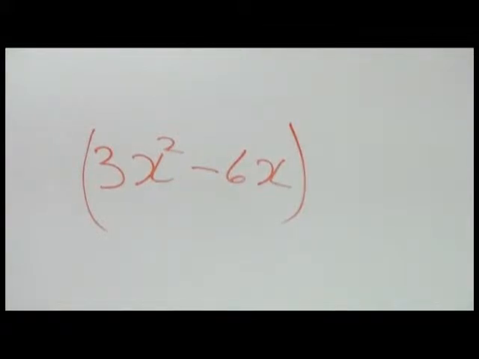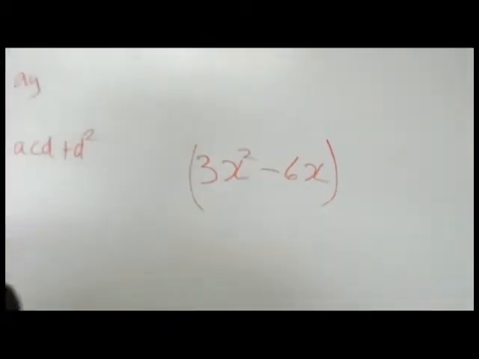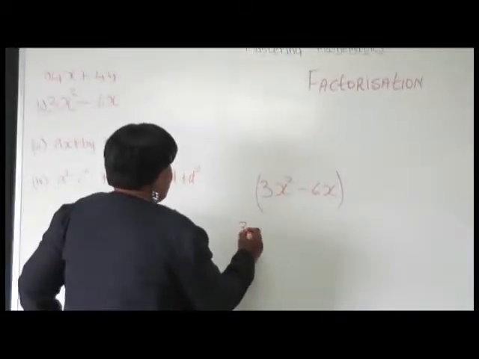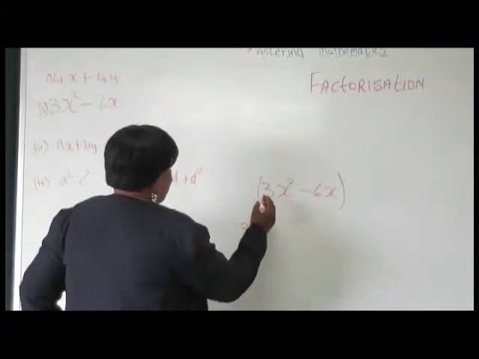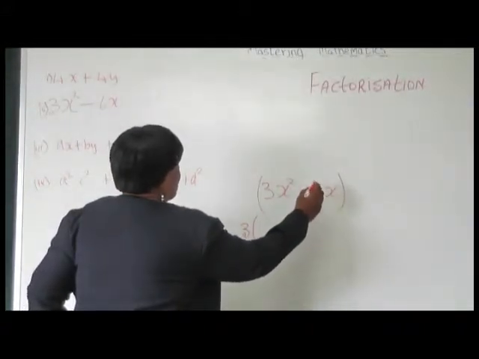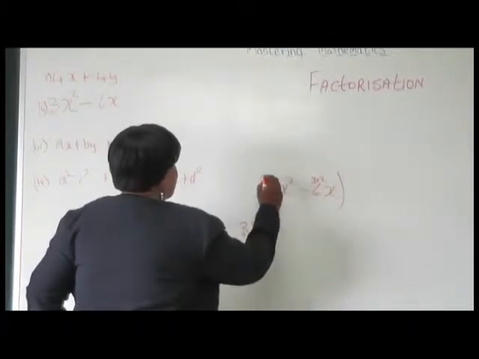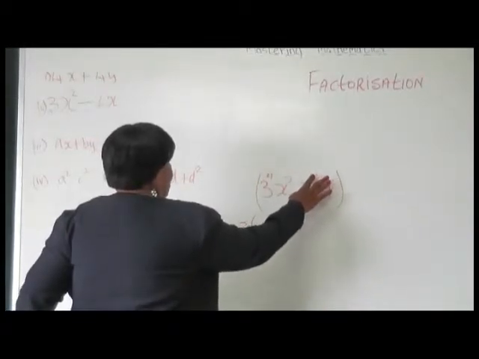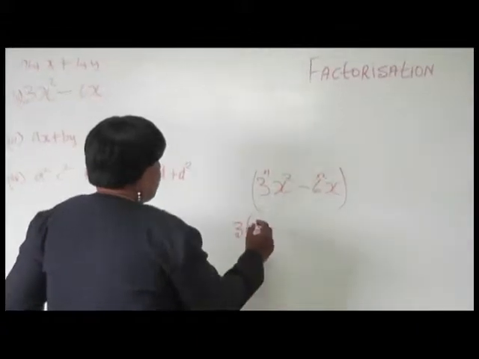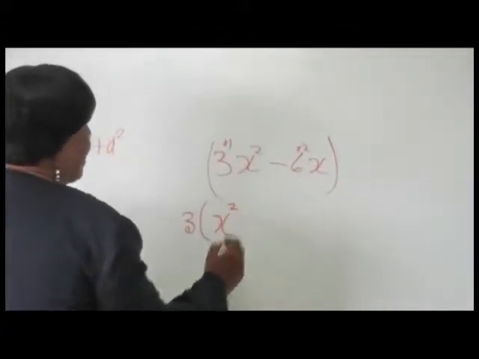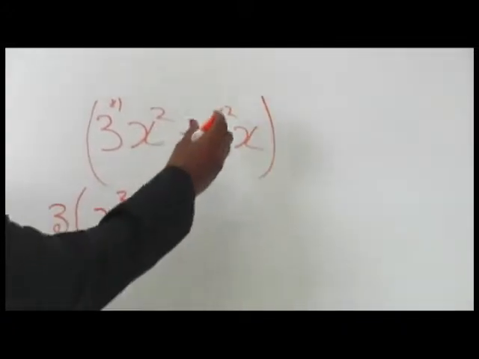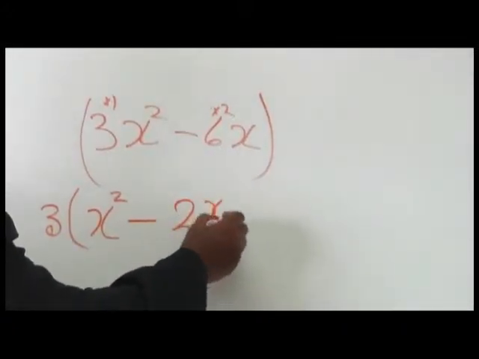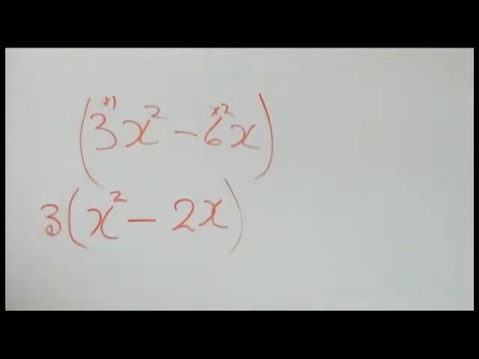And what did we say? We'd look at our numbers first. Are there factors that are common to the numbers? Yes, we can take out the 3. Having taken out the 3, what would we be left with? We can split our 6 into 3 times 2, and this would be 3 times 1. Once we remove the 3's, here we'd be left with a 1, but we don't write 1, so we're writing back our x squared, minus 2x. And we're looking again and asking, do they have anything in common?